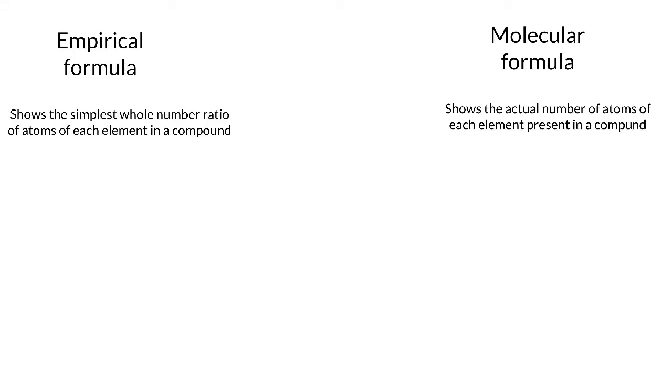I want to look here quickly at the difference between empirical formula and molecular formula. So the empirical formula shows the simplest whole number ratio of atoms of each element in a compound, whereas the molecular formula shows the actual number of atoms of elements present in the compound. So if we take an example,